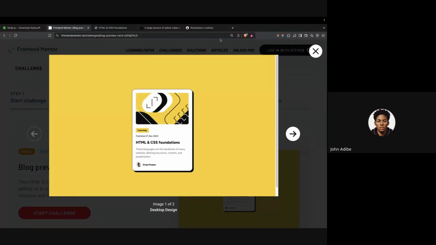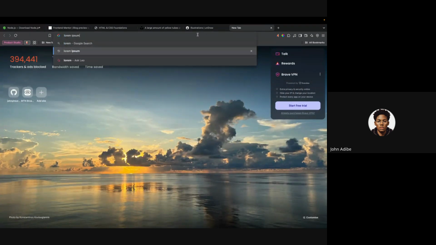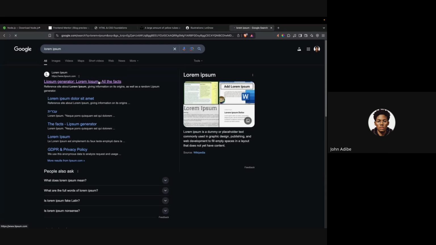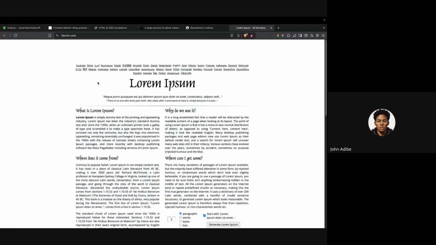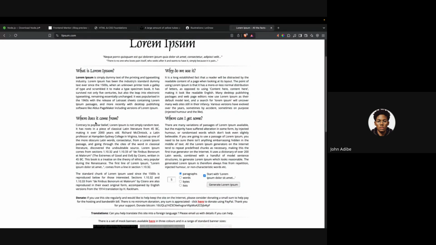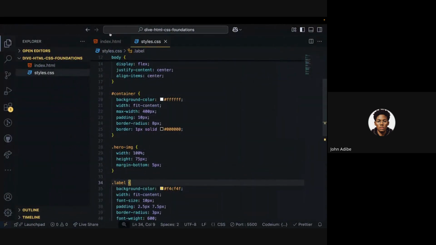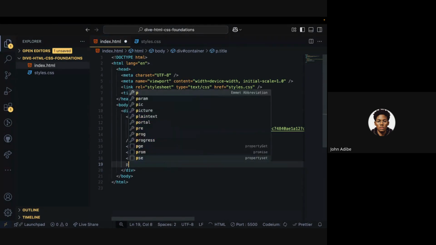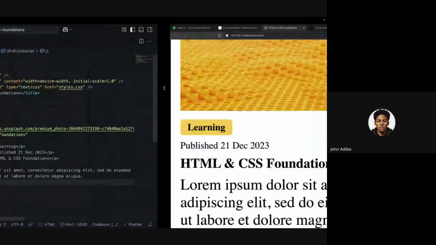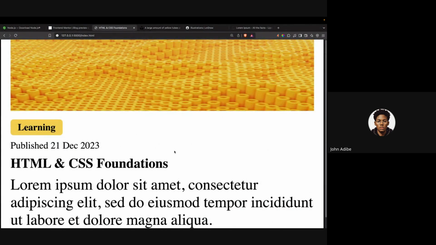Well, I might not have the time to write this down, so I'll just say lorem ipsum. I just want to prefill a text, and most of the times you might end up using lorem ipsum. This is Latin, right? Just a Latin dummy text that stands in for a particular text, probably not defined, but you just want something to be there till when the particular text you'll be using is available. So I'll just copy the first line. So I'll give it P, paste the information here, then back to my